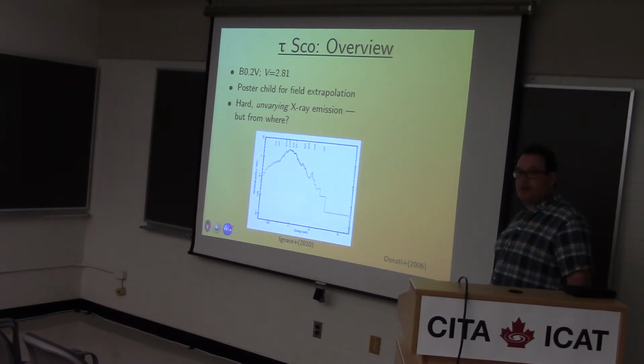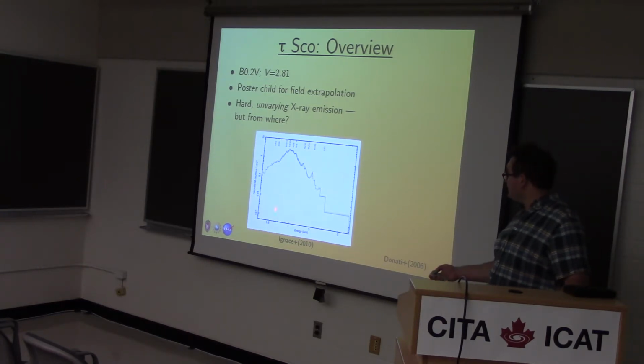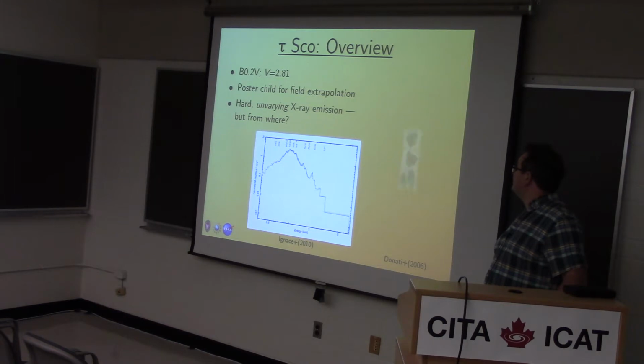It was the first star that had a field extrapolation performed for it, based on magnetic field maps that were done in 2006. And the star shows not only X-ray emission, but X-ray emission that's not phase modulated. So over one rotation cycle, there's not a statistical change in the strength of the X-ray emission. This is what the X-ray spectrum looks like. So it peaks around 1 keV. That's relatively hard for this sort of star.